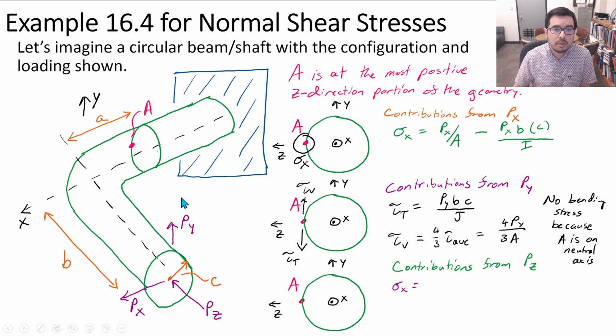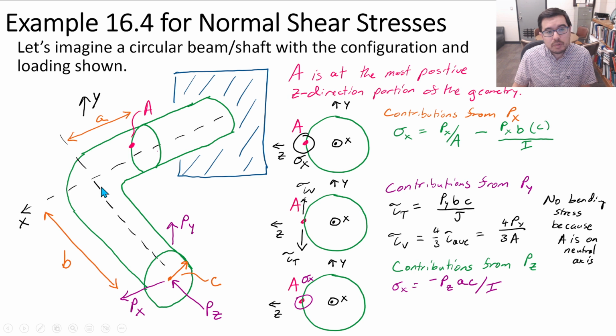That's going to cause a compressive stress here at A. And that can be given by the flexure formula. What's the bending moment? Well, it's going to be PzA, times the y, or I was going to say h over 2, but this is a cylindrical shaft, so it's c, divided by